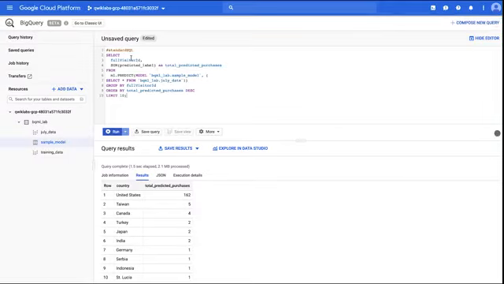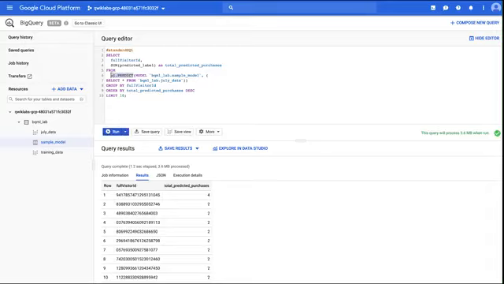If I paste that query and hit run, we're using the same ML.PREDICT function again to make predictions by individual user ID, and rank them. We group by full visitor ID, and then use order by predicted purchases to rank it. This query gives us our top 10 predicted users, the top 10 users predicted by the model to make purchases.